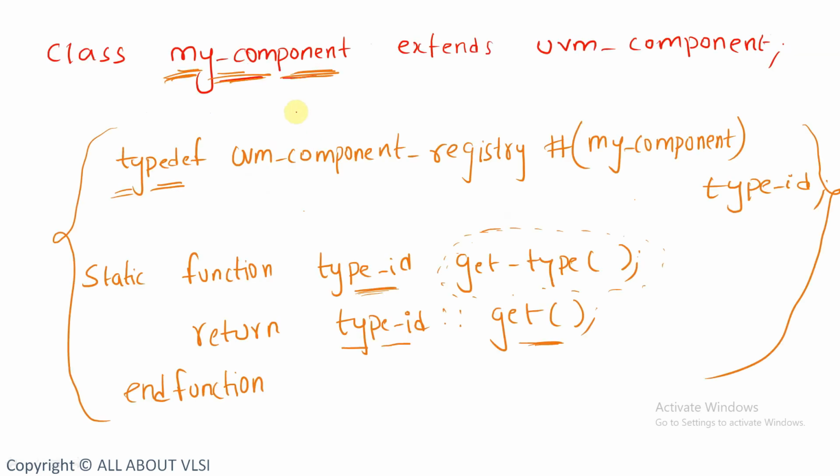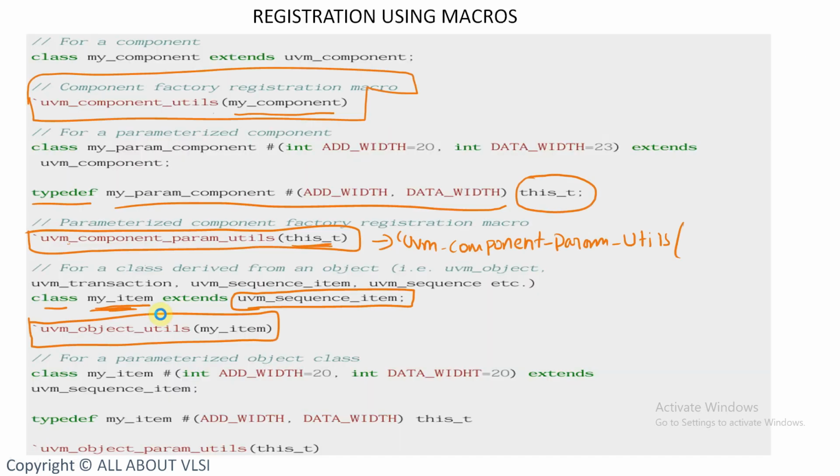Instead of writing all these lines of code, you can simply use this macro. And for registering parameterized classes, same, `uvm_object_param_utils`, you use this_t. Okay, so this is how you register your components and your objects